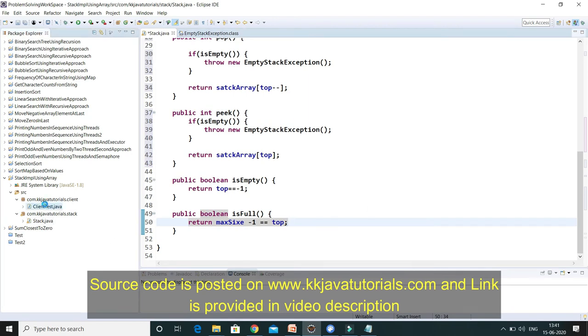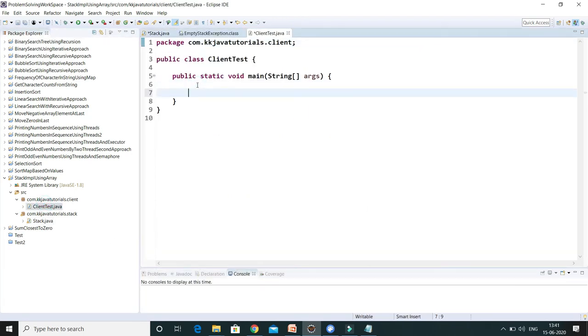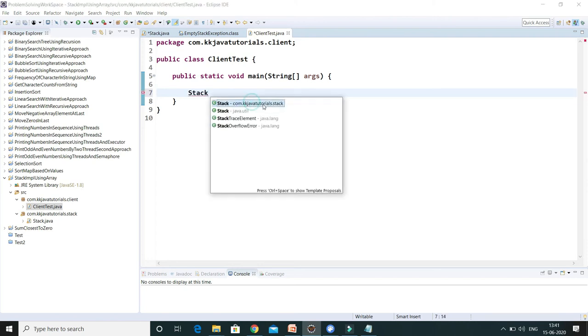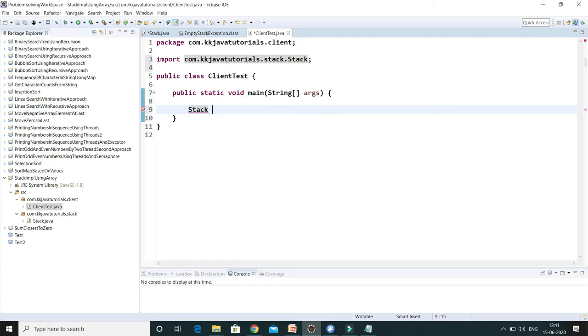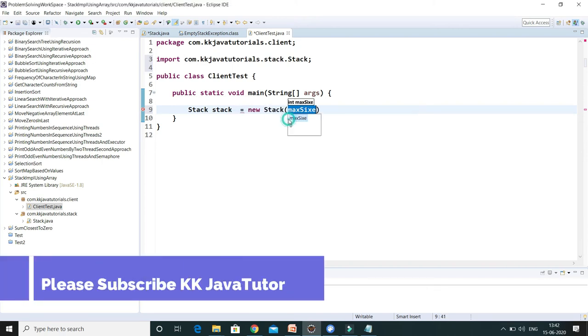Now I'll go to the client program, and here I'm going to create a stack, right? And import, you can see we should not import from Java util. We have to import from our own package. So stack equals new, and let's say I'm going to initialize the size as 5.